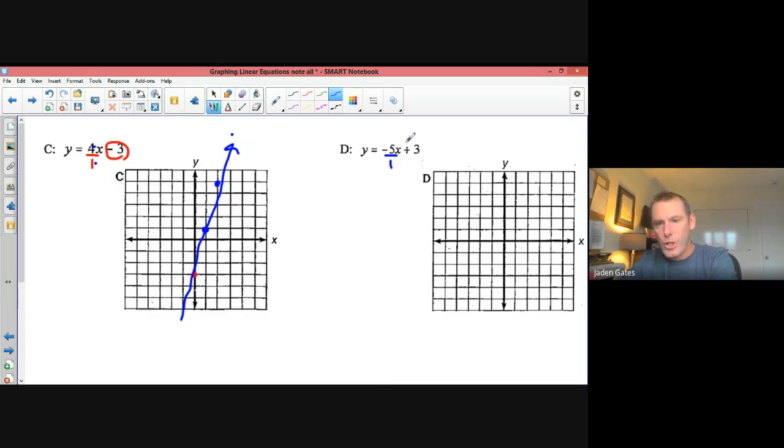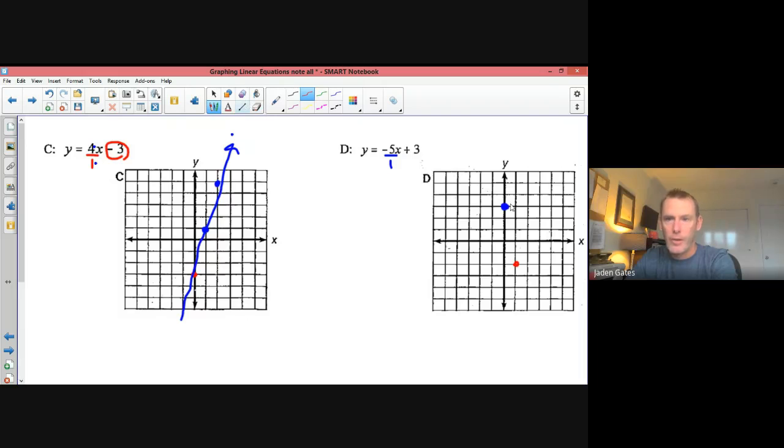All right, but that doesn't change the fact that I'm still going to plot my y-intercept here first, which is 3. There we go. That's where it hits the y-axis. Now the slope is telling me I have a run of 1 and a rise of -5, so it's down 5, right 1. So I go 1, 2, 3, 4, 5 down, right 1. 1, 2, 3, 4. I can't get 5 in, so it looks like this is the extent of my line